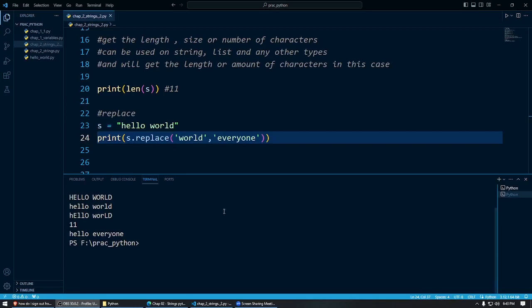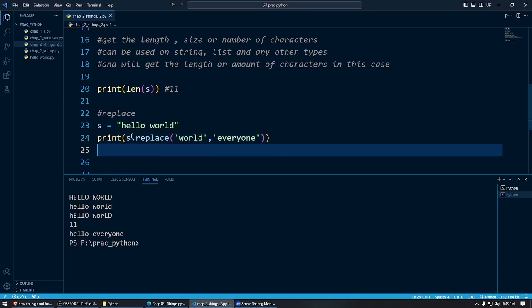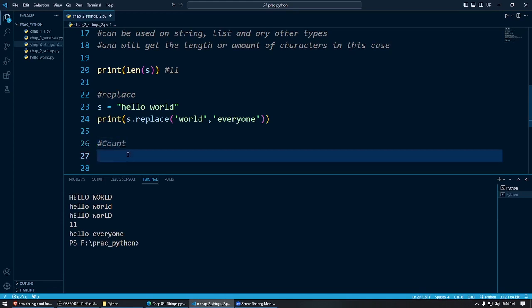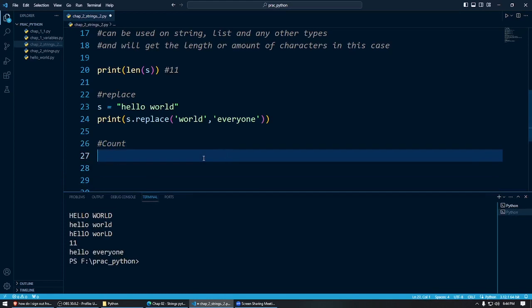Okay, let's continue with the methods of the string. The next part, now we learnt up to a len function. Len will tell you how many characters or how many symbols are there in a text. After that we learnt about replace also. Now we're going to learn something called count. So let's see how we can use a count function. So count is used for